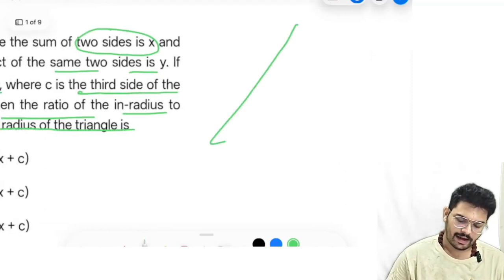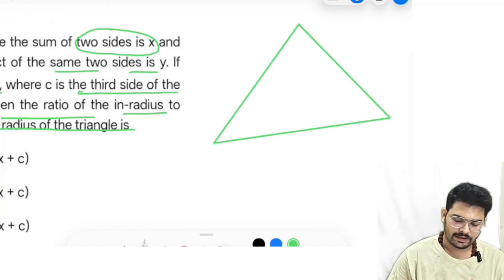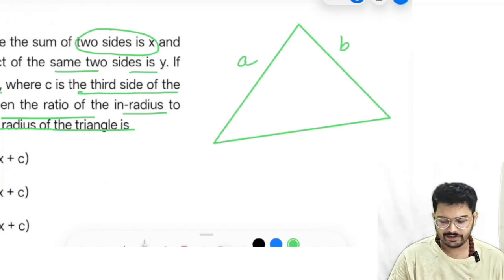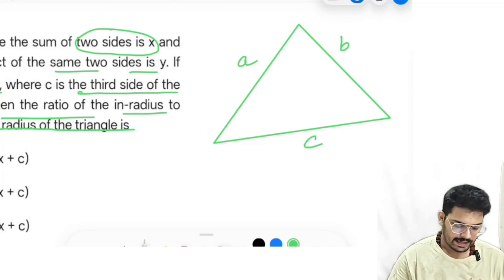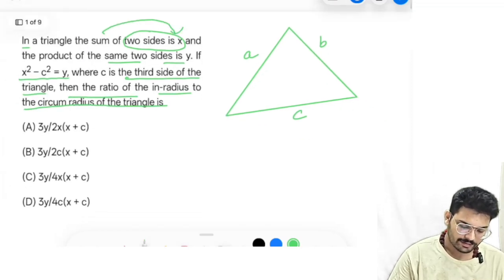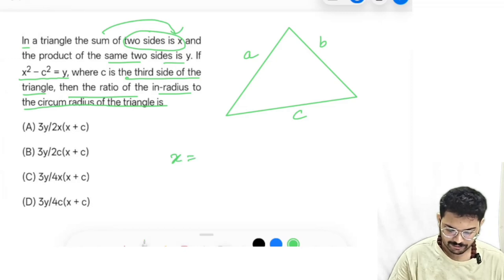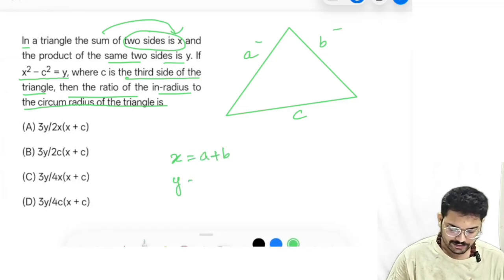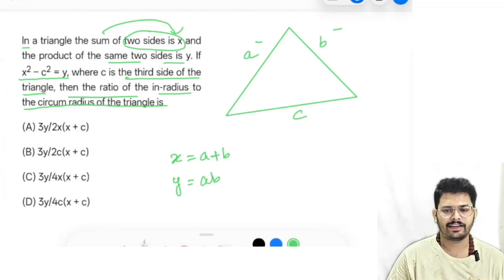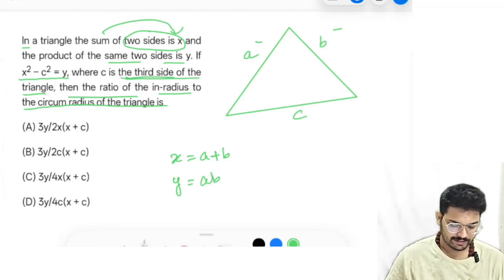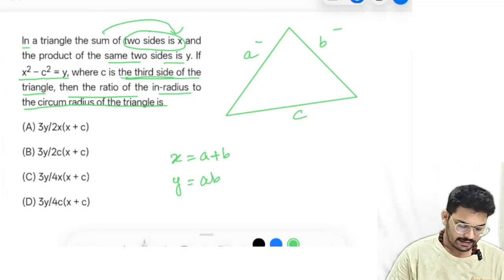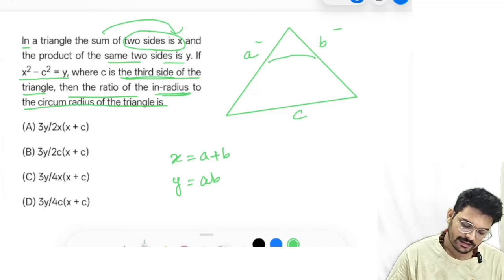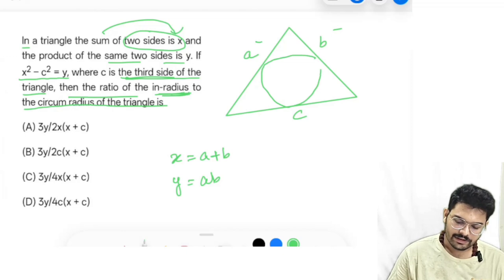Now we have a triangle with two of the sides being a and b respectively, and the third side is c. And x is the sum of two sides, that will be a plus b, and the product of the same two sides will be y, and c is already given, it is the third side. Now we need to find the ratio of the inradius. So what is meant by inradius? Inradius is the radius of the circle which lies